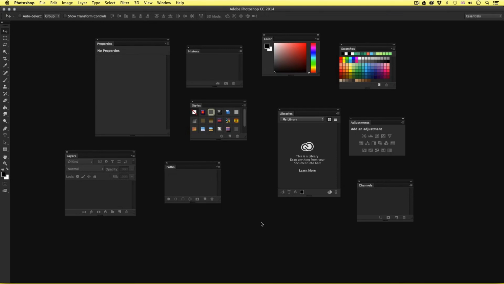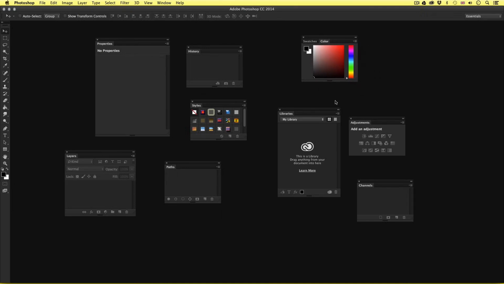So I'm going to start with the Swatches panel. So let's find the Color panel, and here it is. Once I have found this, I'm going to click on the tab, not the top bar, but the tab, make sure of this. Then I'm going to click and drag this into the Swatches panel like so. And what you're looking for is the blue line inside the panel, not on the top, but inside. On release, you will notice the tab is now placed into the Swatches panel, and that is now in essence